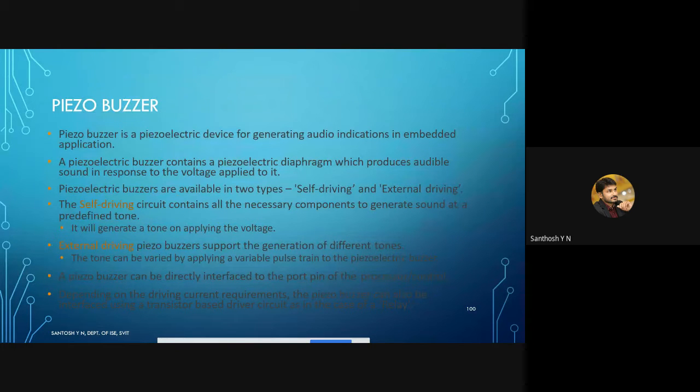And one more device commonly used in our embedded systems is a piezo buzzer. So in this video, we'll be understanding what is meant by piezo buzzer. These buzzers are not new to us. We hear these types of tones whenever we are using embedded systems in our